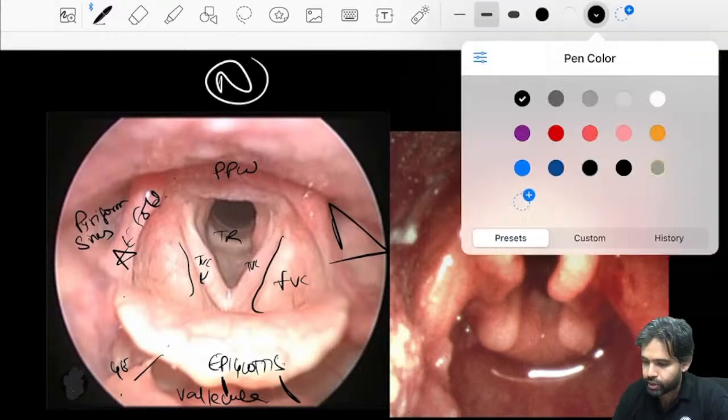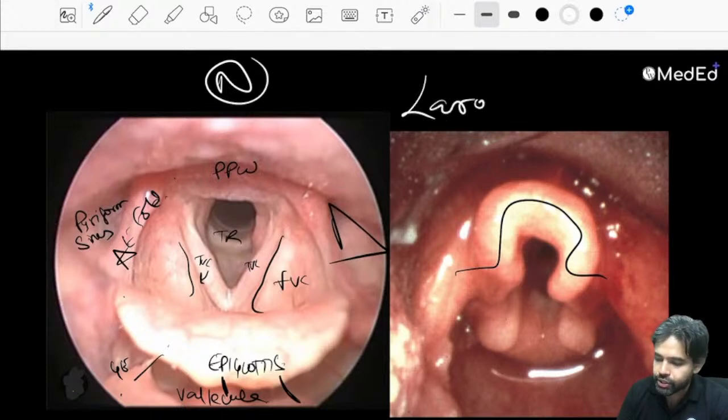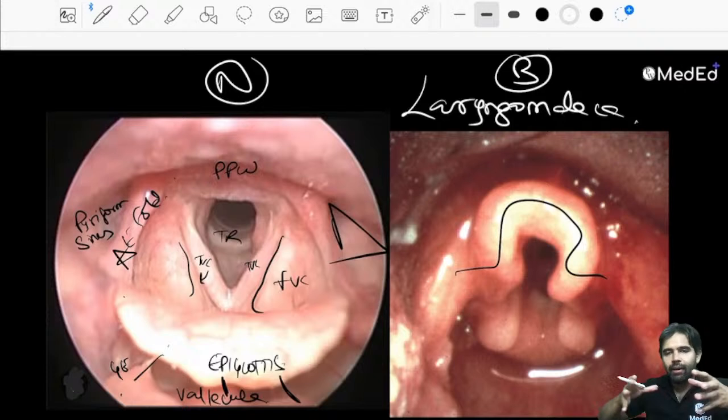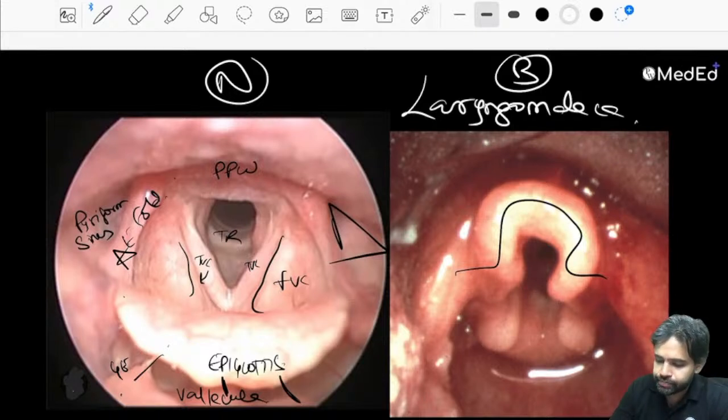What we are seeing over here, as some of you are telling correctly, is the omega shaped epiglottis. Omega shaped epiglottis is seen in laryngomalacia. It's seen in children, all right. So B is laryngomalacia. It is a floppy, poorly developed epiglottis that closes, so it causes a lot of inspiratory stridor within the first 1 year. After the age of 1 year, it automatically calcifies and is able to keep the airway open. But if you make the child lie down, the stridor worsens, so you have to keep the child in the prone position. So any postural change,